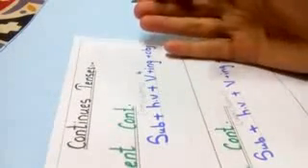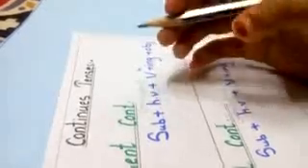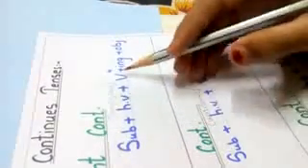In continuous tense we have present continuous, past continuous and future continuous. First, present continuous. The formula for present continuous tense is subject plus helping verb, that is am, is, are. Keep in mind that for I we will use am, for he, she, it we will use is, and for you, we, they we will use are. Plus V4. What is V4? V4 is verb plus ing. Verb with ing is known as V4. Plus object. The subject plus helping verb plus V4, that is ing, plus object.